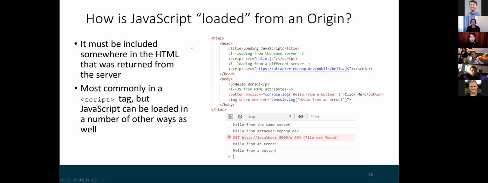Okay. A few more slides, then we'll take a break. But these are great questions, so I don't mind going over them here. So how is JavaScript loaded from an origin? Like we talked about, the browser has to remember where JavaScript came from so that it can limit its execution power. Well, how does it know where it came from? How is it loaded? Generally, it has to be included somewhere in the HTML that was returned from that server, from that origin. So if I go to example.com and this is the HTML that gets returned from example.com,